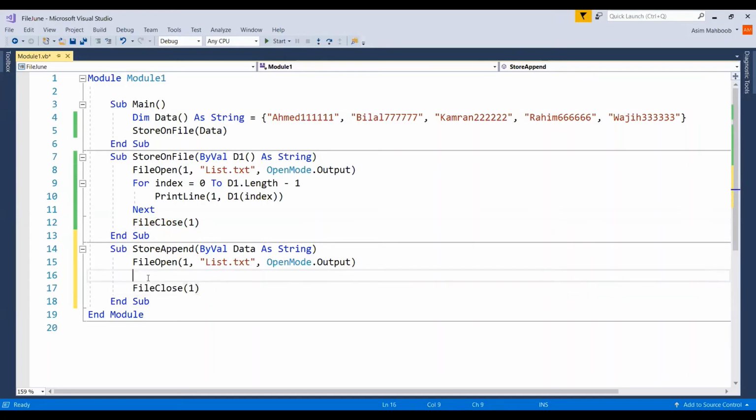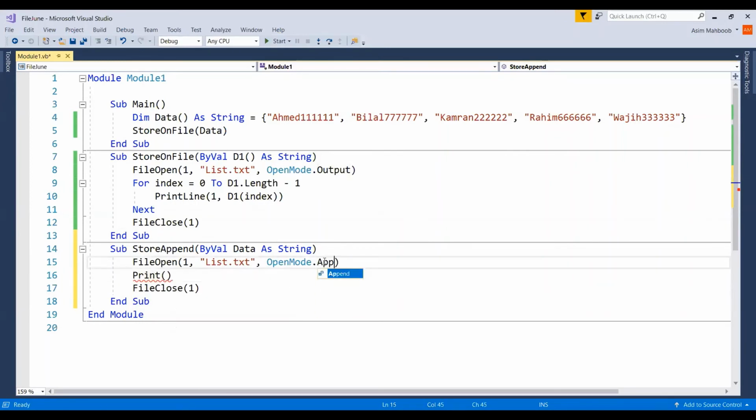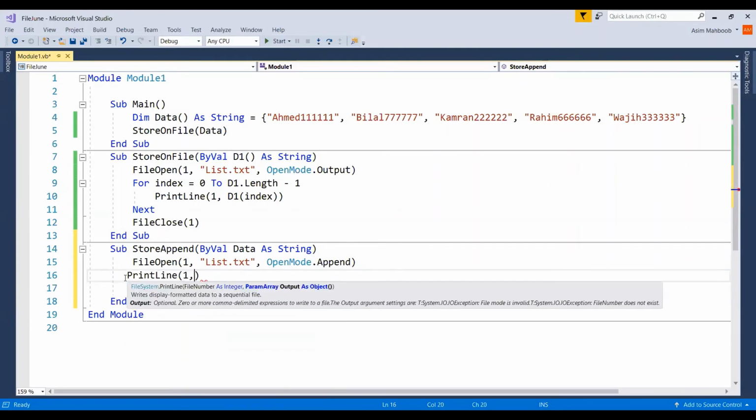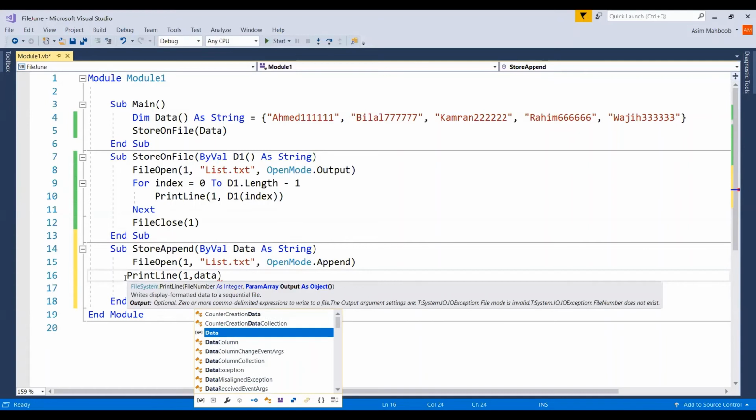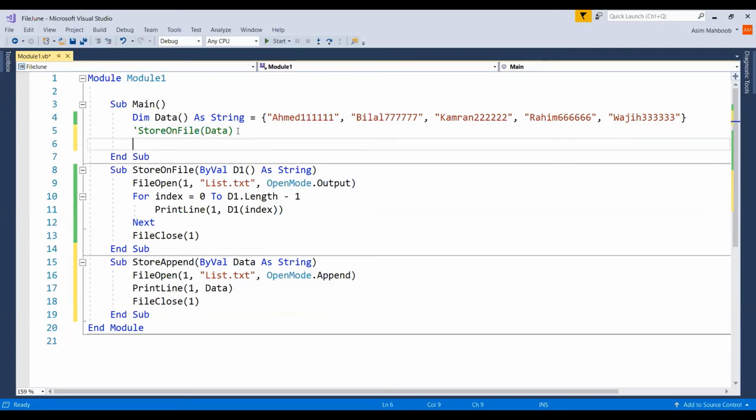ये कर लिया। और सिंपली आई एम गोइंग टू यूज द प्रिंट। अच्छा, सिर्फ फर्क क्या करेंगे, इसको हमने अपेंड मोड यूज करना है और हम यहाँ लिखेंगे वही प्रिंट लाइन फाइल 1 और इसमें हम यहाँ लिख देंगे जो हम लिखवाना चाहते हैं, वो हमारे डेटा के अंदर है। ठीक है, सो अब मैं इसको कमेंट कर रहा हूँ और अब मैं प्रोग्राम कॉल कर रहा हूँ स्टोर अपेंड और